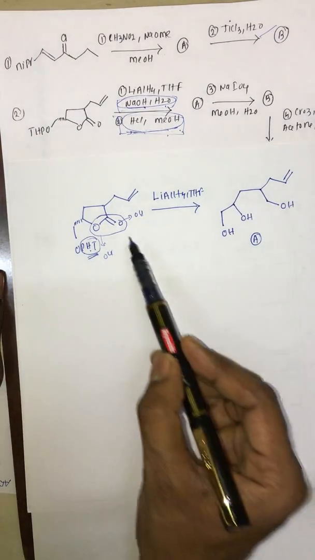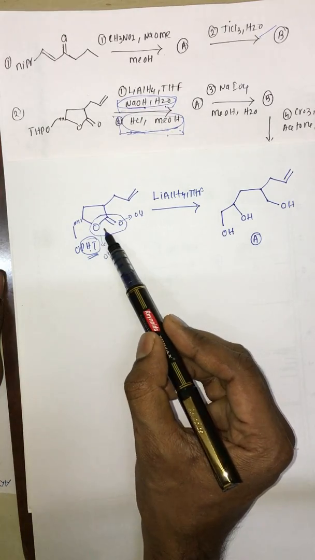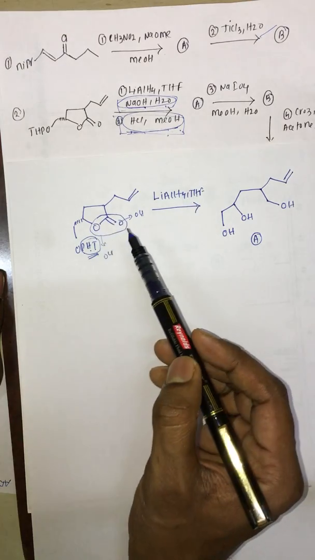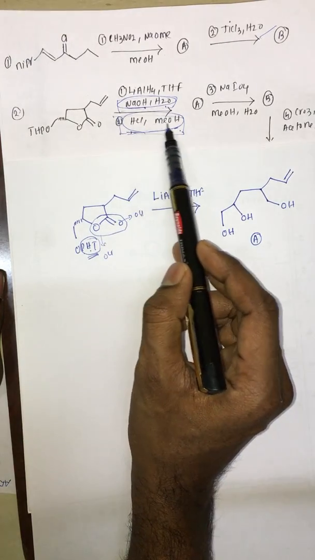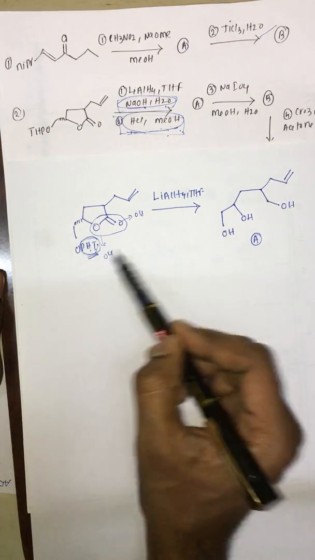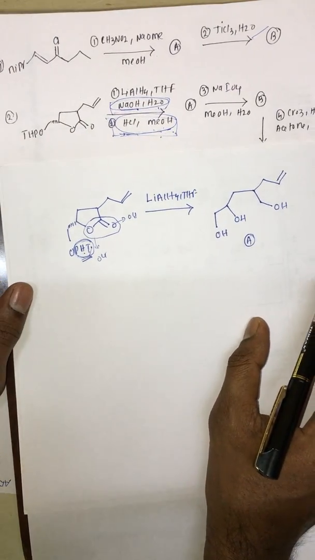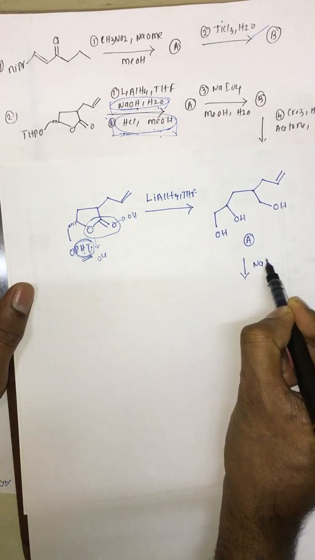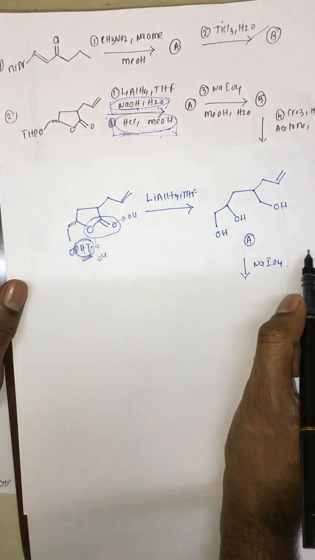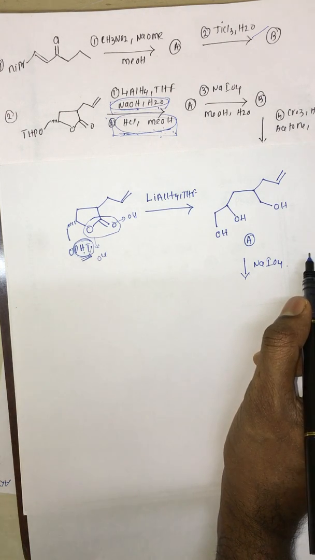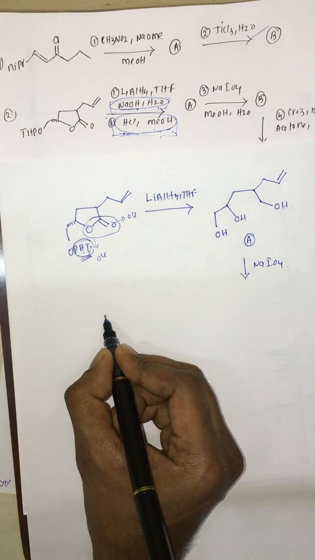Don't get confused. We have a cyclic ester. Cyclic ester converts into alcohols in the presence of lithium aluminum hydride, and also here we have HCl and methanol. So the acidic medium deprotects this tetrahydropyran. So here also we'll get an OH. So in the next step we have sodium NaIO4. So this NaIO4, when we have a